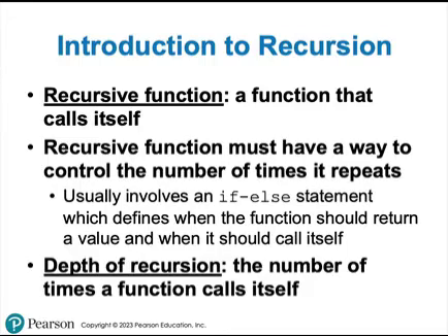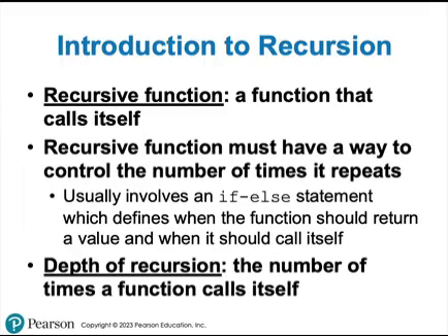You need to have a way that typically involves some type of decision, maybe an if or an if-else statement, that defines when the recursion should continue. Because if the function just calls itself, you've basically created an infinite loop or infinite recursion, and your program is